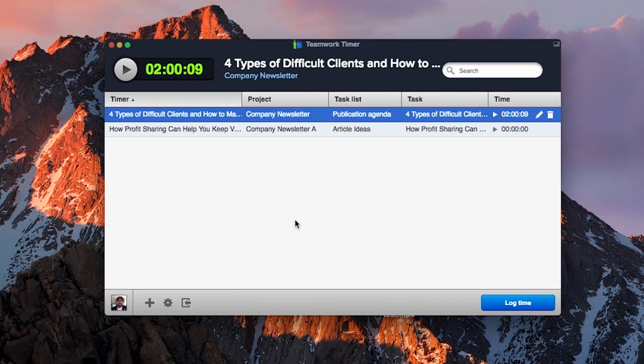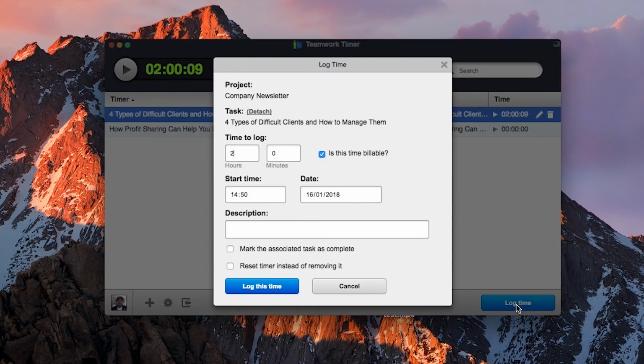So now that we've added some time to our timers, let's look at logging that time into Teamwork Projects. So we just need to select our timer here, and then down at the bottom right, you can see the option to log time. So here we can see the project, we can see the task, we can choose to detach this timer from that task if we want to. We can edit our time log, we can choose whether or not this time is billable,